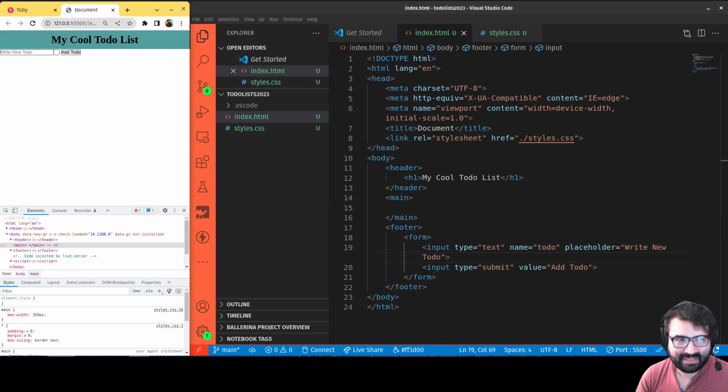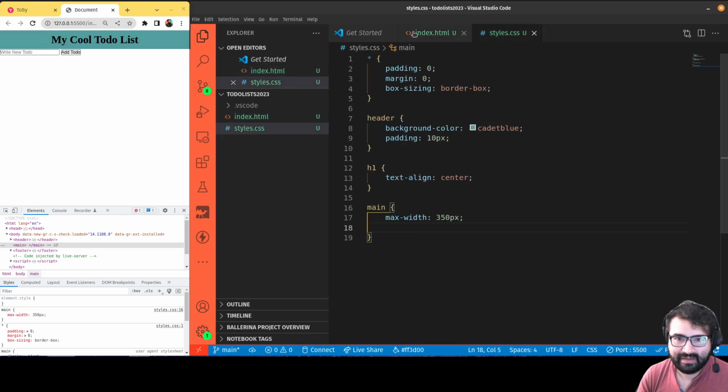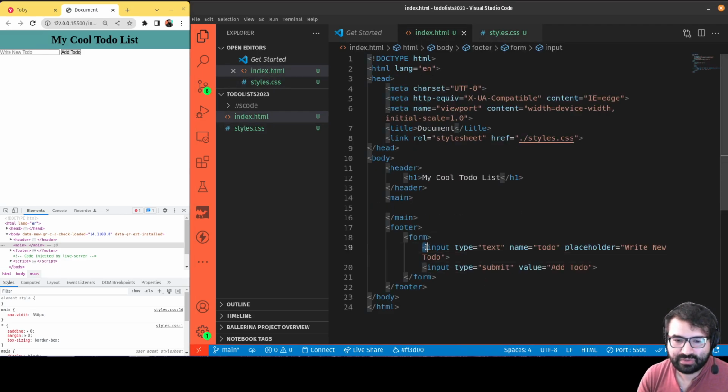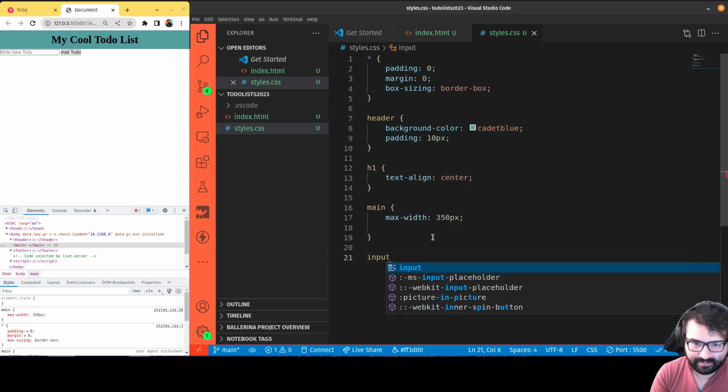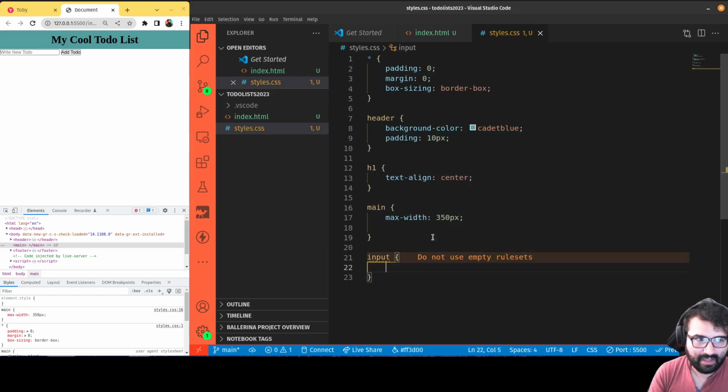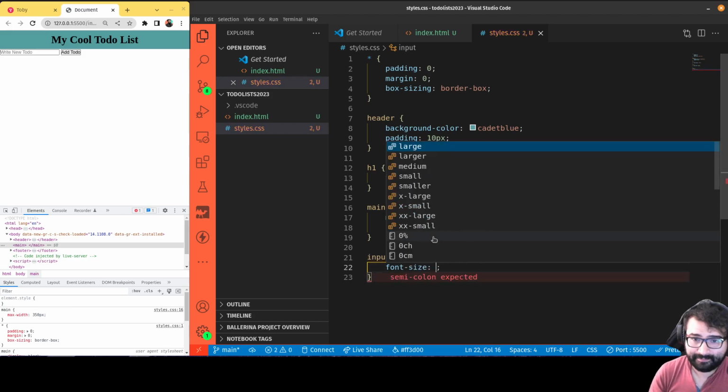But this form is kind of ugly, right? You're like, this is not the prettiest to do. So I'm going to head back over here. And again, if you notice, these two inputs, they're input tags. So I'm going to just style input tags in general. So we're going to say input. Okay, I want the font size to be bigger. So we're going to say,